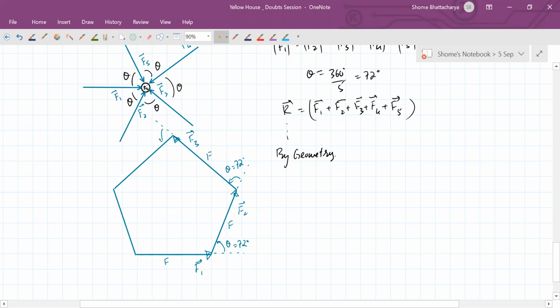Again, you turn by 72 degrees, make another force vector of the same magnitude F, and then finally make one last turn. So there are 5 turns in all, but each of them is 72 degrees. Now, why this will become a closed shape is because if you compare this with the regular pentagon, I'm doing that comparison aside over here.